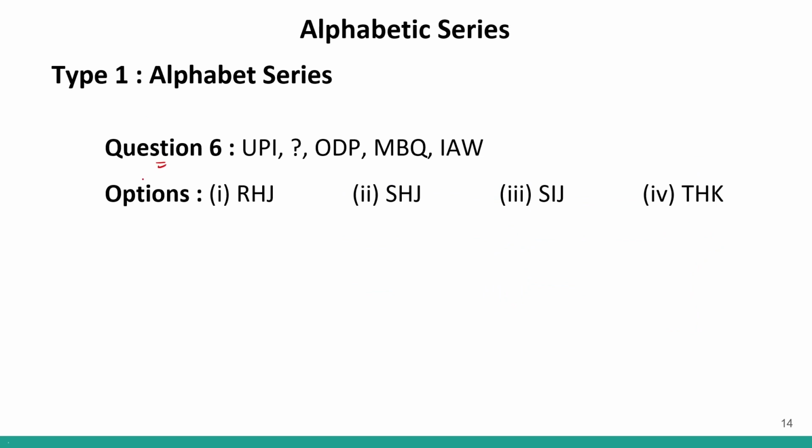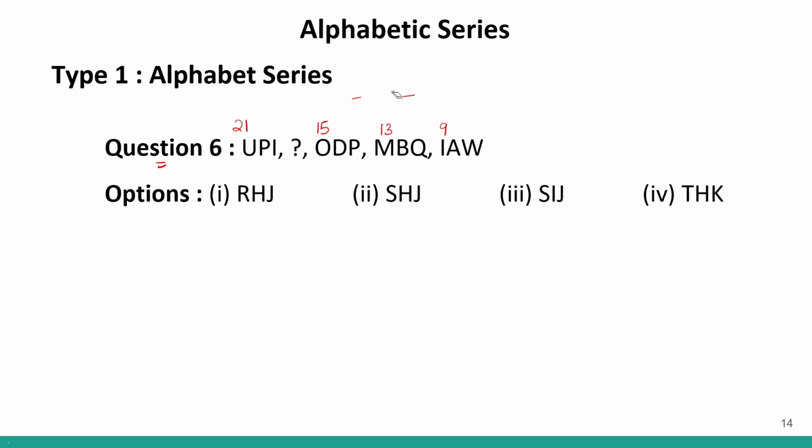Coming to question number 16. If I look over here, I am giving them forward ranks. U is 21, O is 15, M is 13 and I is 9. Correct? So from O to M, basically it is minus 2. From 13 to 9 is basically minus 4. Now I cannot make out a clear logic.